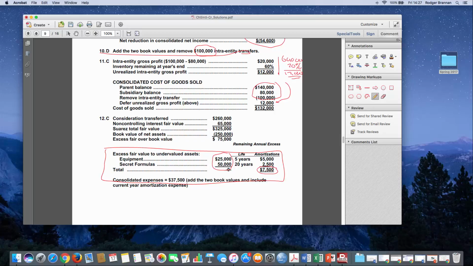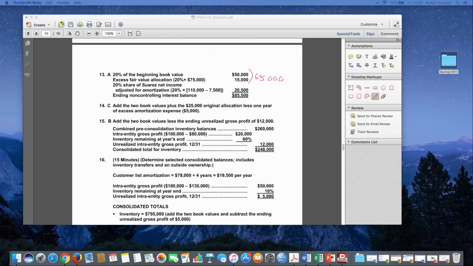Now, if I take the two expense figures, 20 plus 10, in other words, they have 20,000, the parent, plus the 10,000 of the sub, and then add the 7,500, it gives me the $37,500 of expenses that would be consolidated expenses that would be recognized. All right. Well, the beginning amount that's attributable to non-controlling interest, number one,